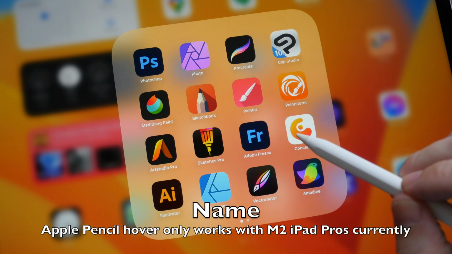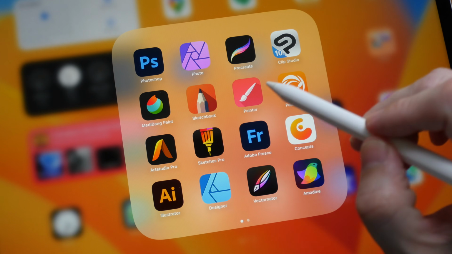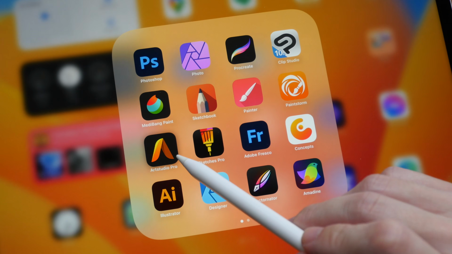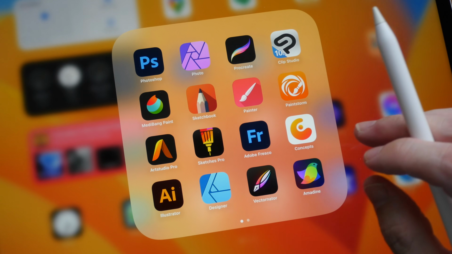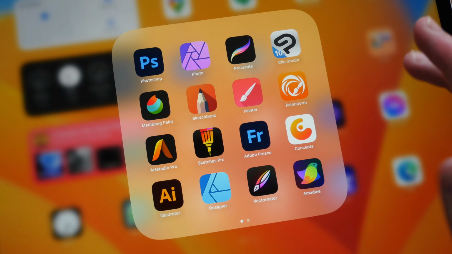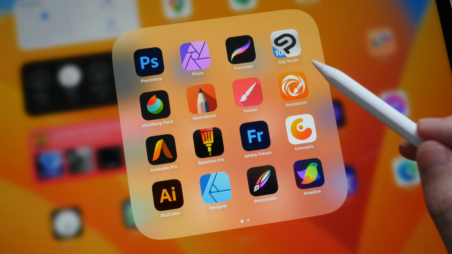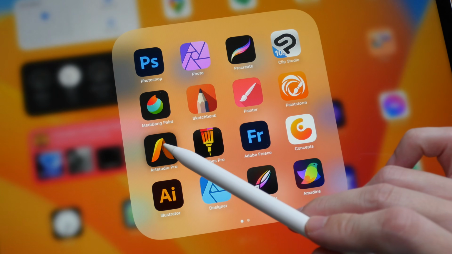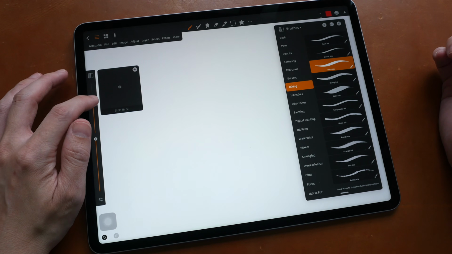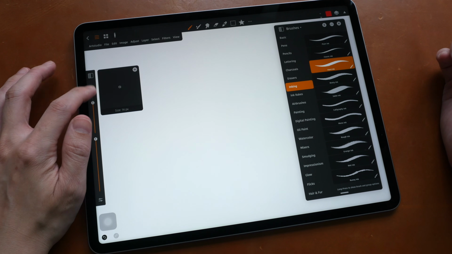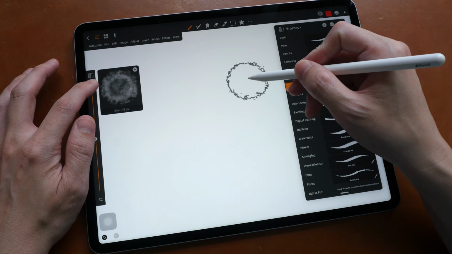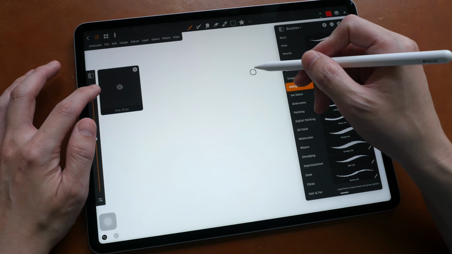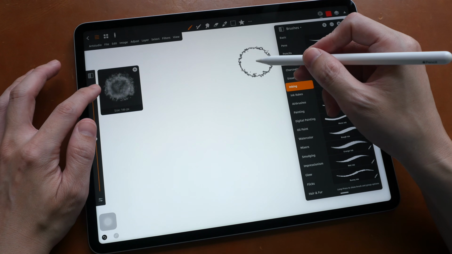At the time of making this video, the only app that I know of that has implemented Apple Pencil Hover is Art Studio Pro, so we'll take a look at some of the features, and those features will be things you can look forward to with other apps when they implement Apple Pencil Hover in the future. When you adjust the brush size, it will update beside the slider. Now with Apple Pencil Hover, you can have the brush size update the size of the cursor